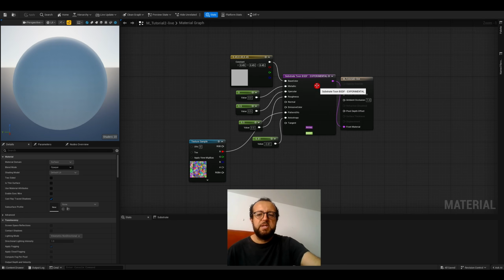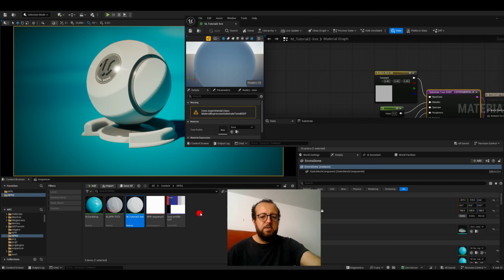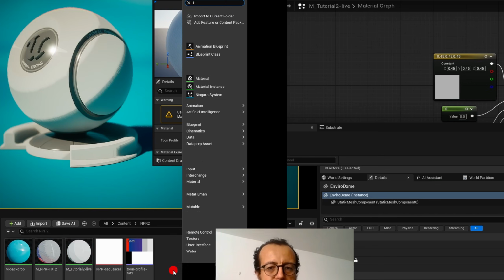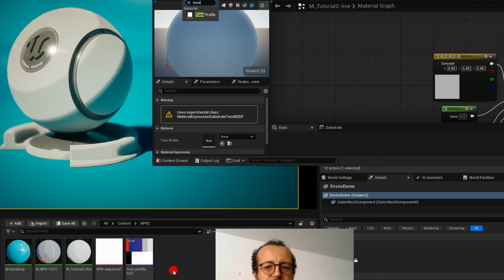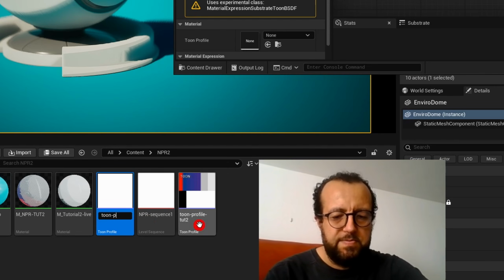If you click on the Substrate Toon BSDF slab, we will discover something called Toon Profile, this one. So we will have to create this asset. So how we do this? Right click here and type toon, and we will find toon profile here. Yeah, let's call it toon profile